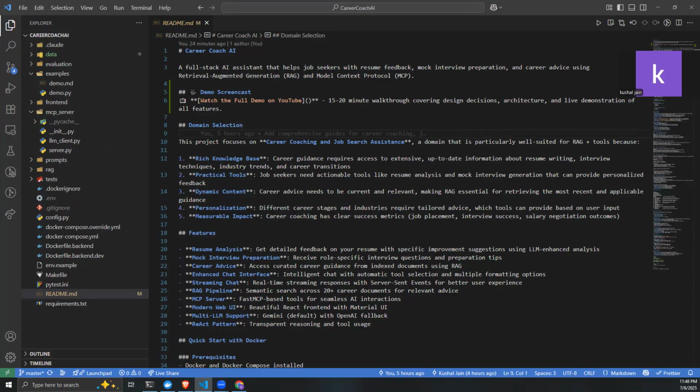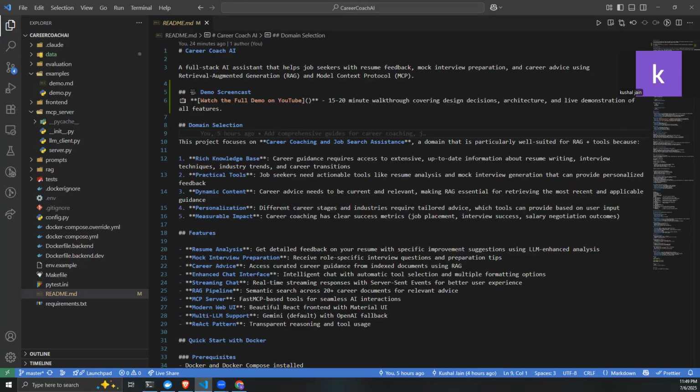It's a full stack AI assistant that combines with RAG to give you practical career goals. We'll cover the design decisions and architecture, key features, demonstration, live code walkthrough, as well as some real world